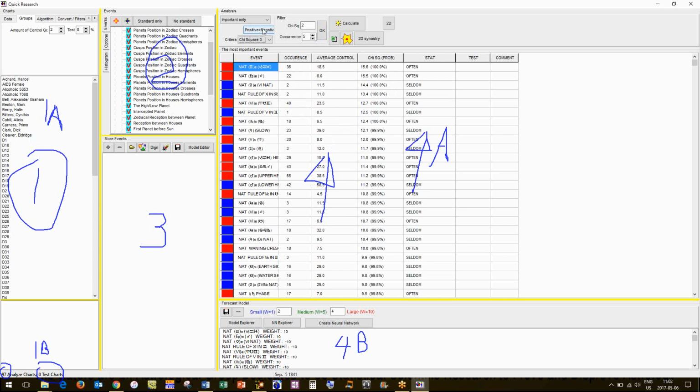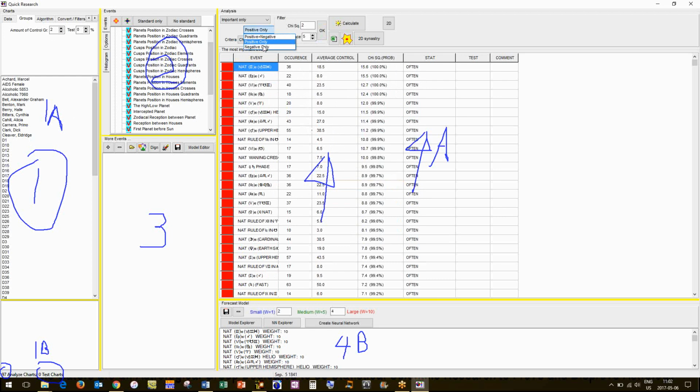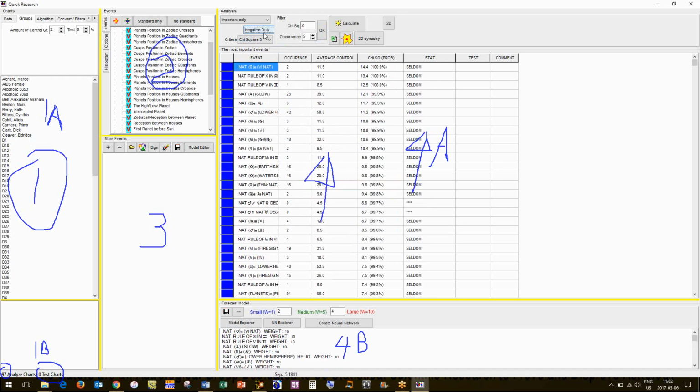Okay, so here with this button, we can examine all the positives. We can examine all the negatives here. Or you can look at them both. So this one's important. So now the chi-squared. Where's the chi-squared and the probability? So this first one here has a chi-squared of 15.6, which gives it a probability factor of 100%. Now keep in mind that the computer is calculating all these equations. It's running tests in the background.